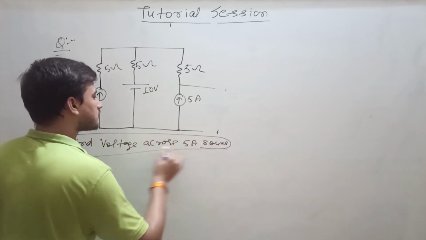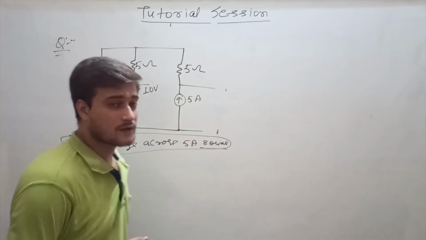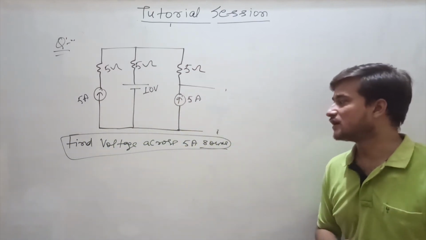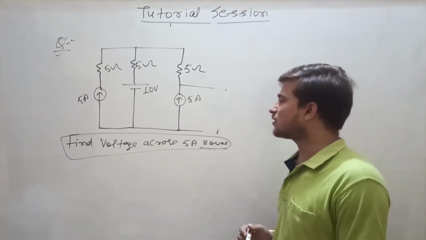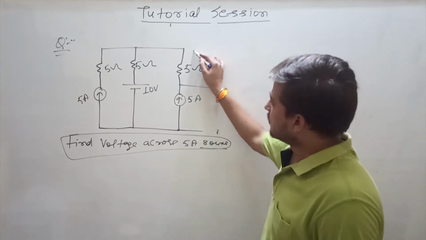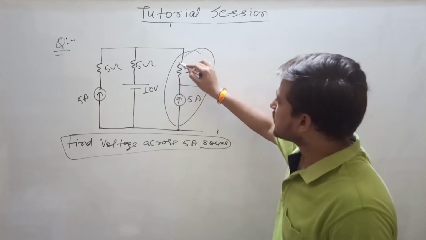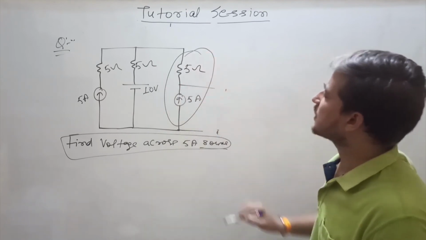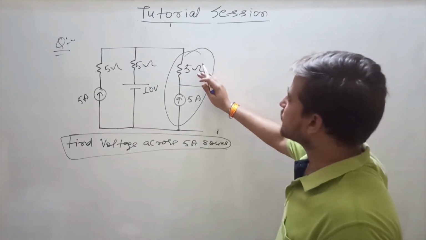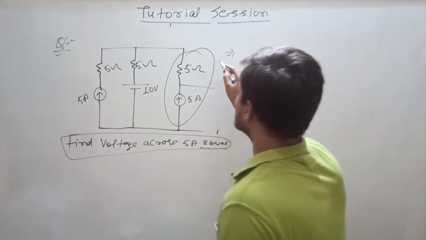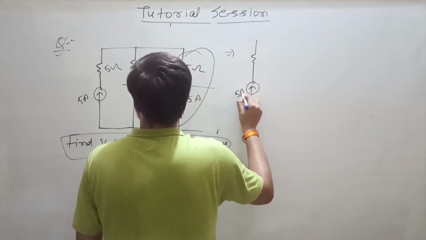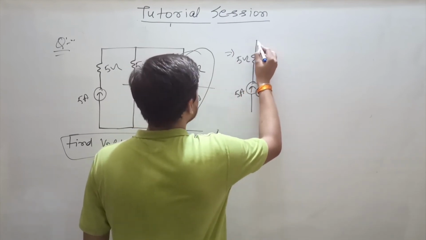Here also somebody is asking you to apply Thevenin's theorem. So don't get confused here. Let us see how to apply Thevenin's theorem in this circuit. Clear? We can assume the whole circuit, that means the current source and resistor combination, as the load. So once this is the load, we will have to remove the load. Once you remove the load, here it will be 5 ampere. Here it is 5 ohm. Here it is 5 ohm.